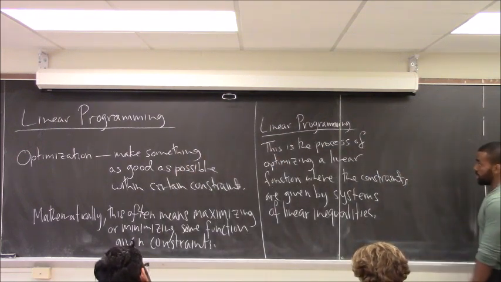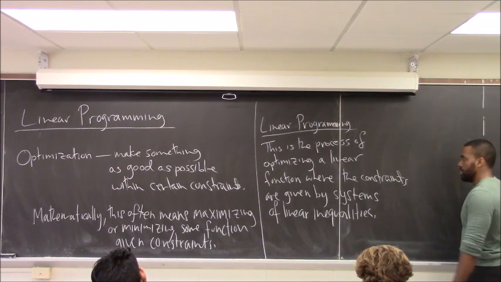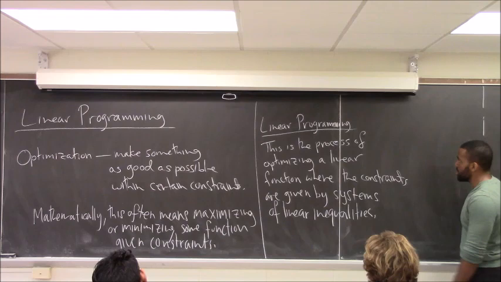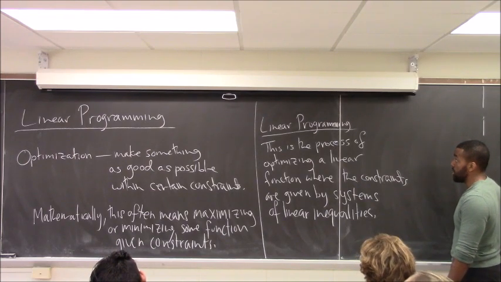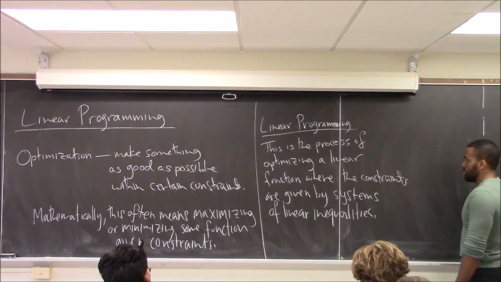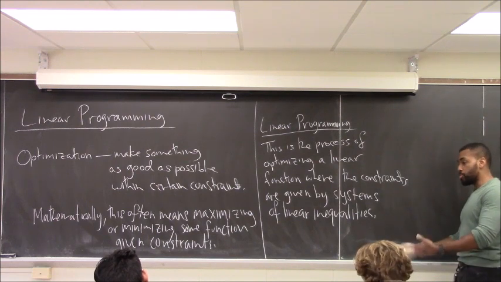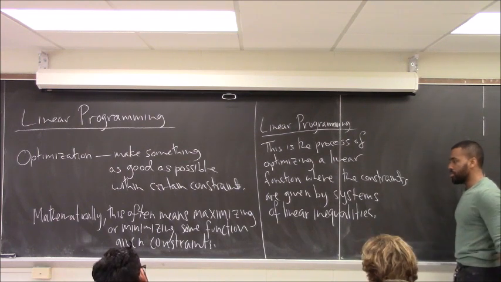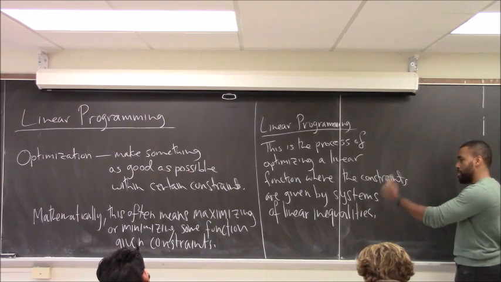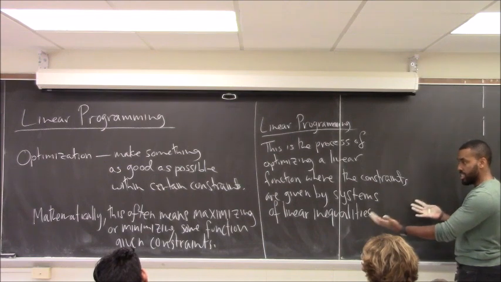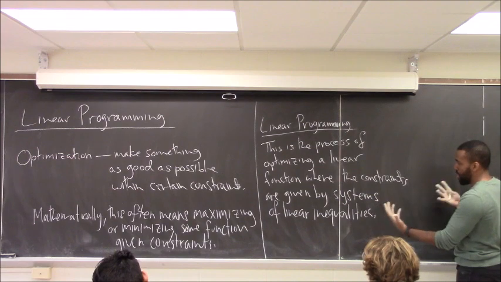So this is the situation. There is something that you care about that when you actually map it out, it's a linear function. And it turns out the things that are constraining you are also linear functions. How do you make things as best as they can possibly be within these constraints? So you can be like, oh, I'm a manufacturer. I have this many employees. We can put out this many products per day. If I really push them and give them overtime, we can do this many products per day. I have to pay them this much. The profit I'm making is going to be given by this function. How can I make sure that I have the maximum amount of profit possible